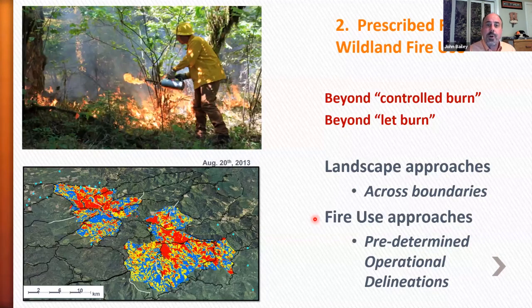As we look to the future and what we can do beyond mechanical entry is using fire itself as a tool. And there's a certain amount of prescribed burning we can do with those drip torches, but there are limits to how many acres of this we can do as well in terms of current permitting that's allowed. And it takes planning. This isn't willy-nilly tossing matches out of your pickup truck going down the road. This is planning out and modeling to get the effects that you want, having the folks out there to light it and contain it, having a plan